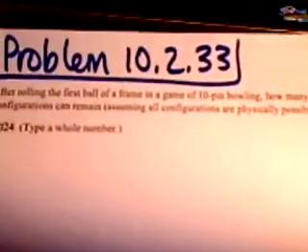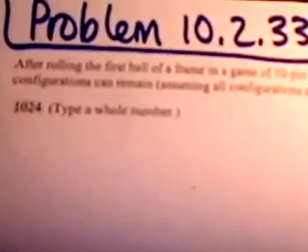Okay, so this is problem 10.2.33, and you can't really see it there. I guess you kind of can. I'll read it to you. The problem says, after rolling the first ball of a frame in a game of 10-pin bowling, how many different pin configurations can remain? Okay, and